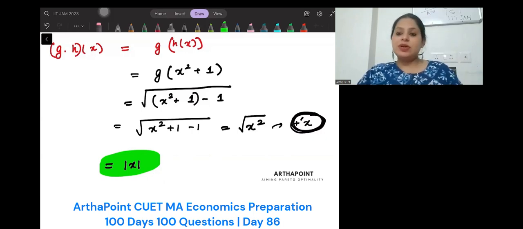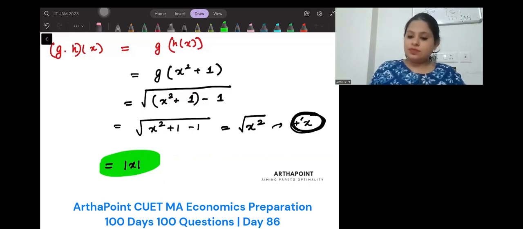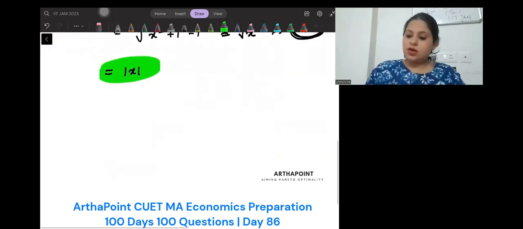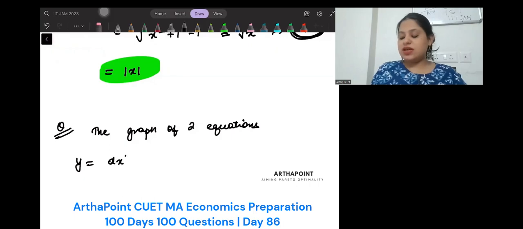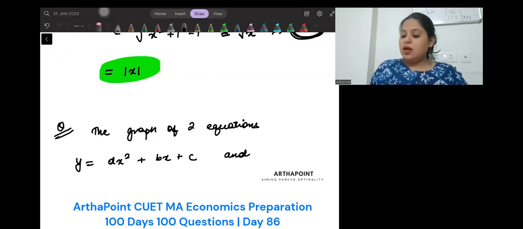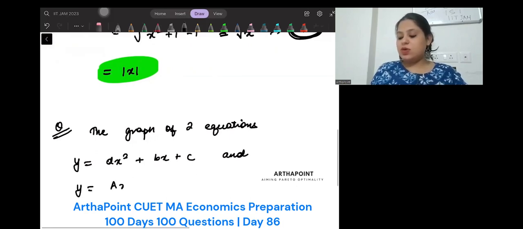Okay, beta, please write down the question for the day. It's a very interesting question. It says that the graph of two equations, y is equal to Ax squared plus bx plus c, and y is equal to ax squared plus bx plus c, such that